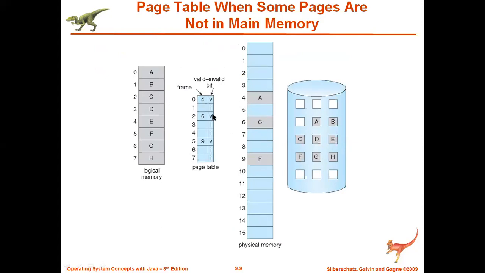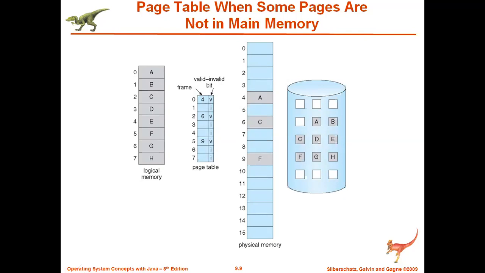No, it is not loaded, so it is represented as I. It is not yet in the main memory, which means it is in the secondary storage. So B is in the secondary storage. Next, coming to C, the second page: is it loaded? Yes, it is loaded in the 6th frame, that is C. Like that, only 3 have got loaded into the main memory. Those 3 are represented with V, and all the remaining pages the CPU is looking for are marked with I, that is the invalid bit. They have not yet been loaded.